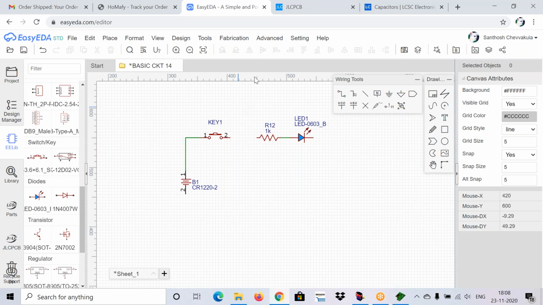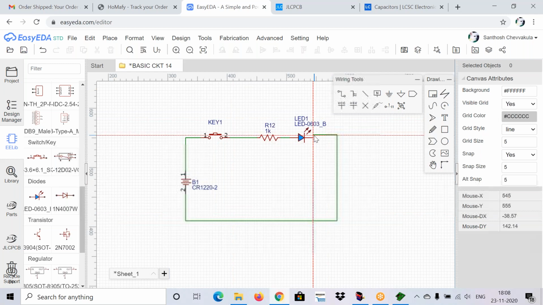No need of using the button for you. Just directly connect the resistor. The connections are completed, right?